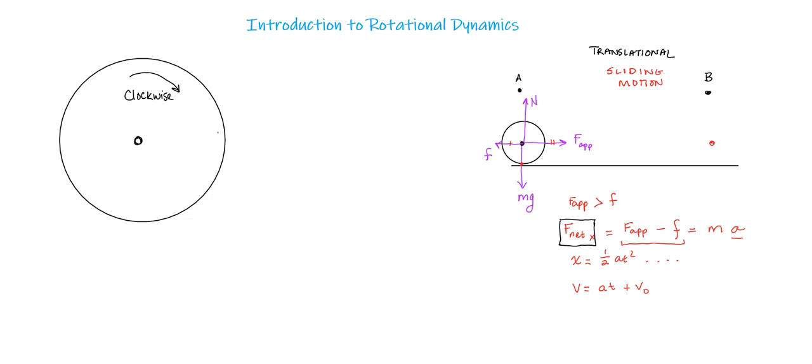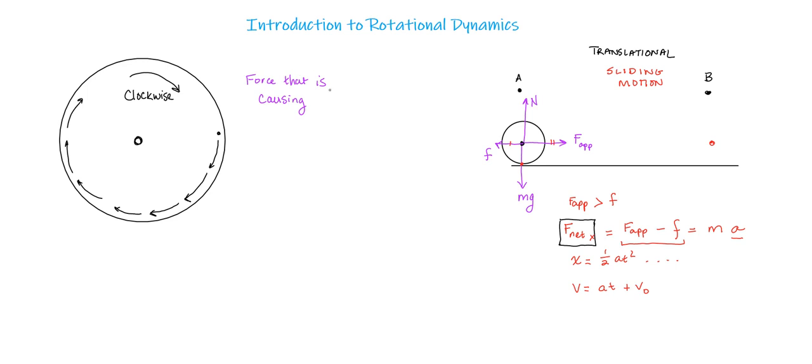So if I marked a little spot on the edge of the wheel, as I started to push the wheel, I would see that spot rotate down as I go along here. Now I know that if I get rid of friction, this wheel will stop rotating. So what I'm going to say here is that, and notice I'm taking time to write this out because it's so important in understanding rotational dynamics,